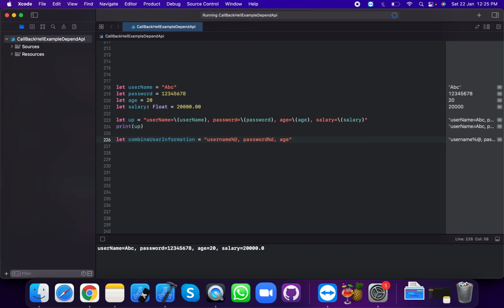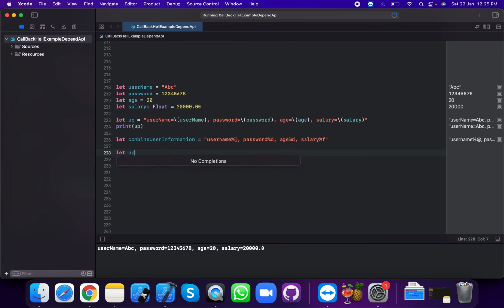So age, which is type of integer, so you can access it with percentage d. Okay, now third is salary, which is type of float, so percentage f. Okay, percentage f.